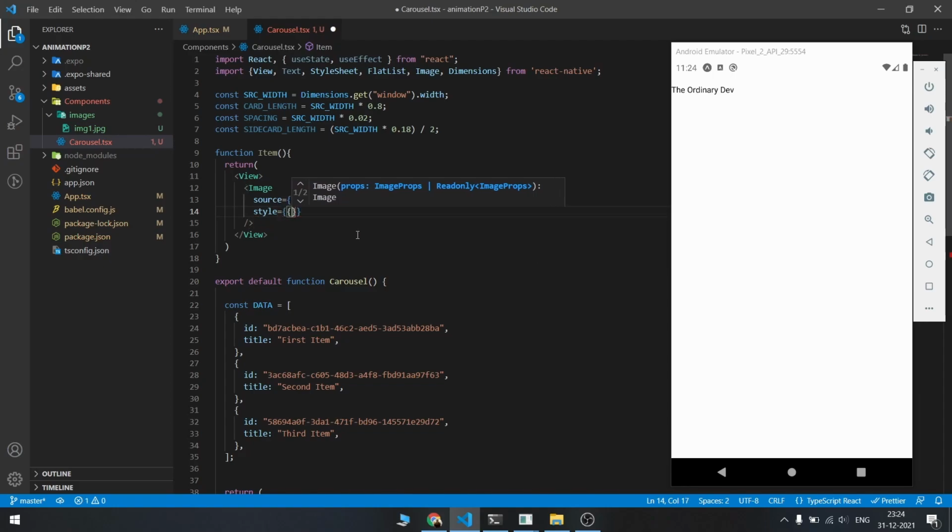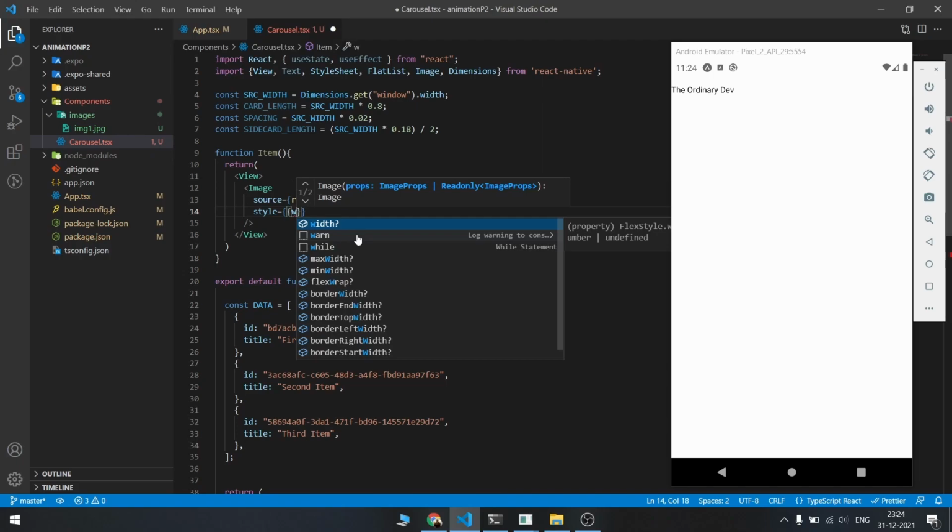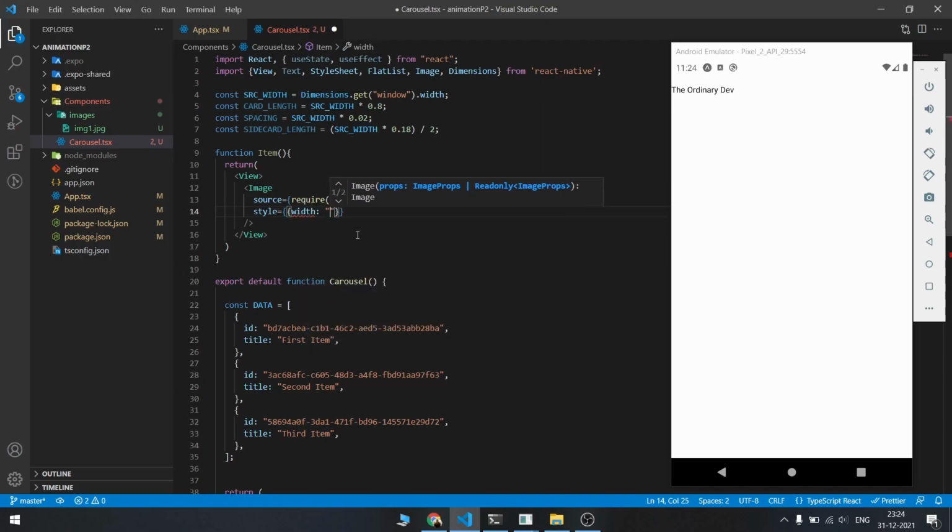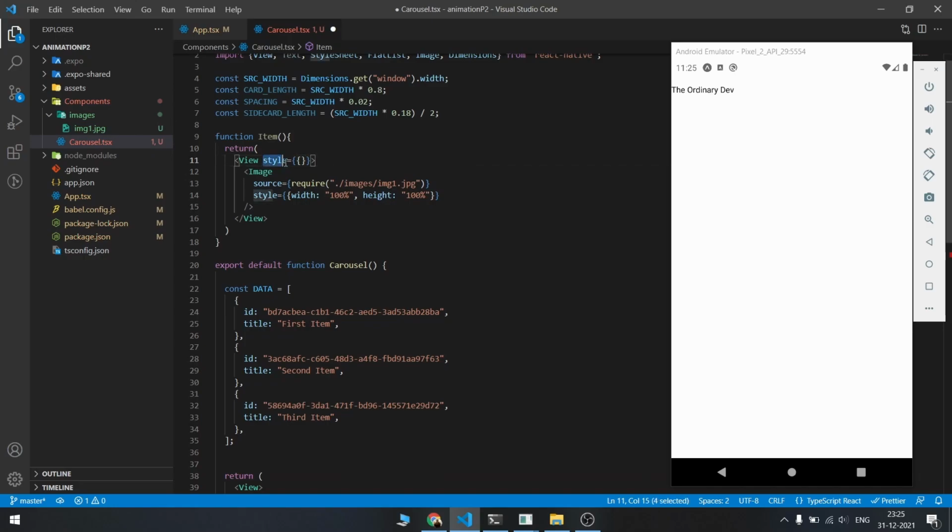This will have a style of width and height 100%, so that we can control this from the outside view. So the dimensions of this card will be given in the style part.